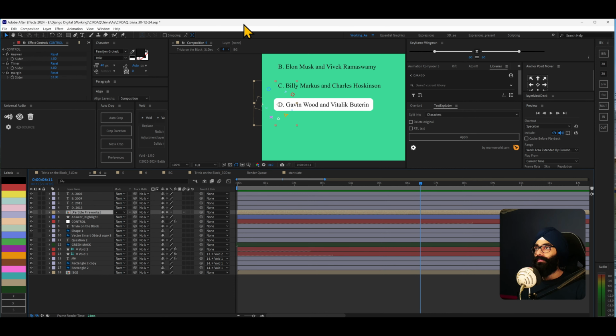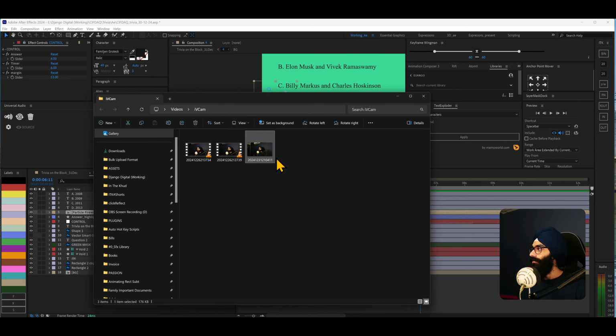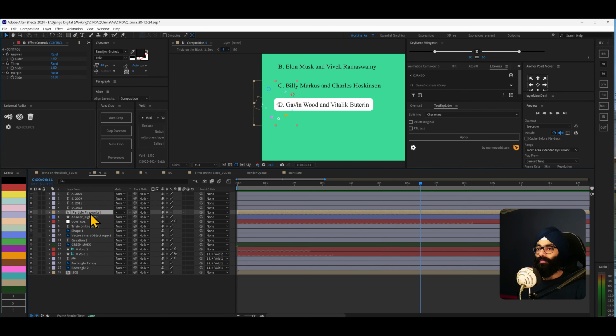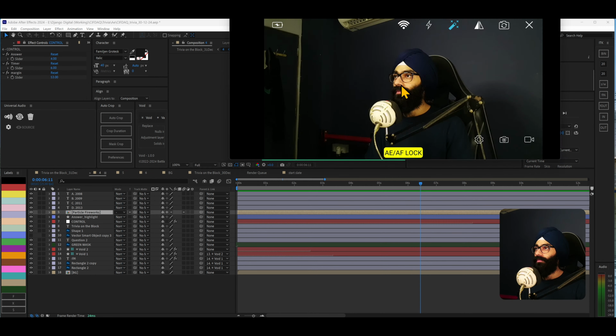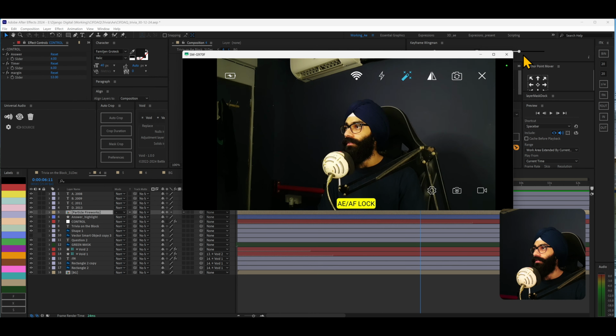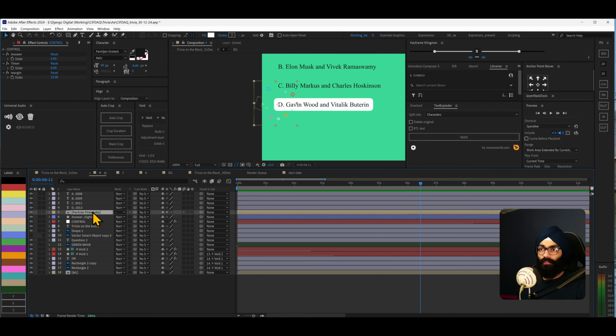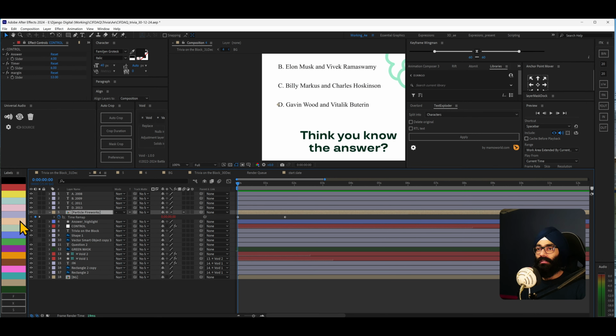what happened? I don't know. Huh? What is that supposed to do? Somewhere it's taking a screenshot with the timer. I don't know. I was doing alt control T for time remap.